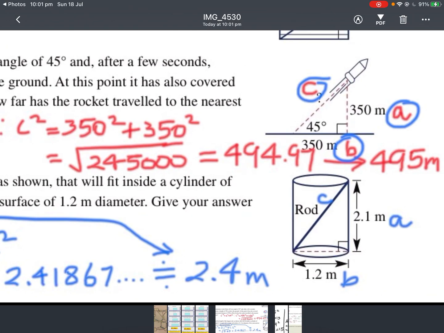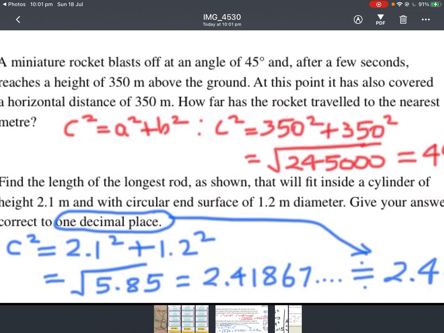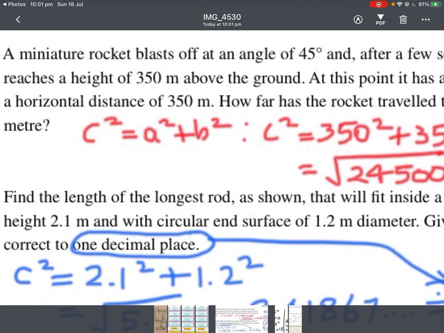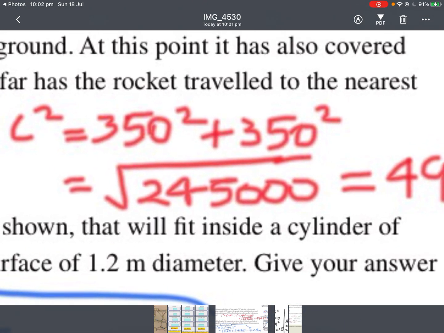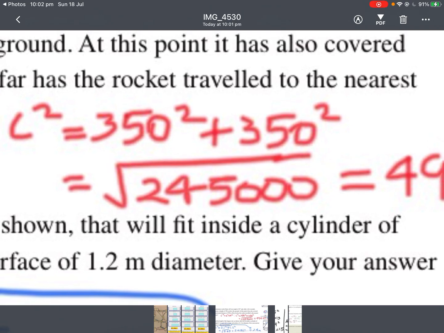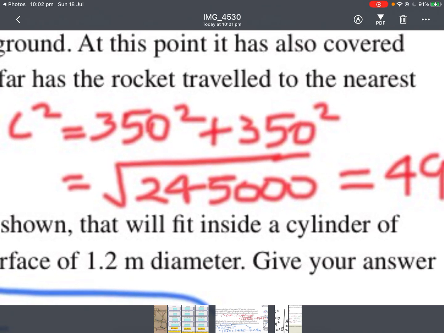So I'm going to use those two numbers, 350 and 350, on the a and b sides, and put them into c squared equals a squared plus b squared. So that gives me this: c squared equals 350 squared plus 350 squared. Now put that into your calculator, you get